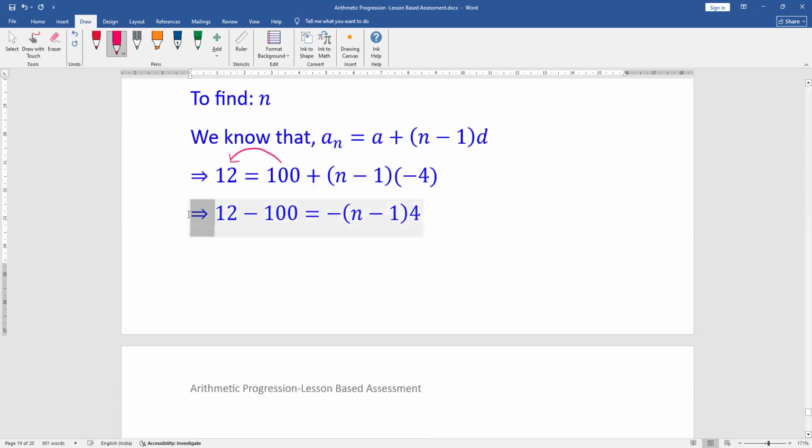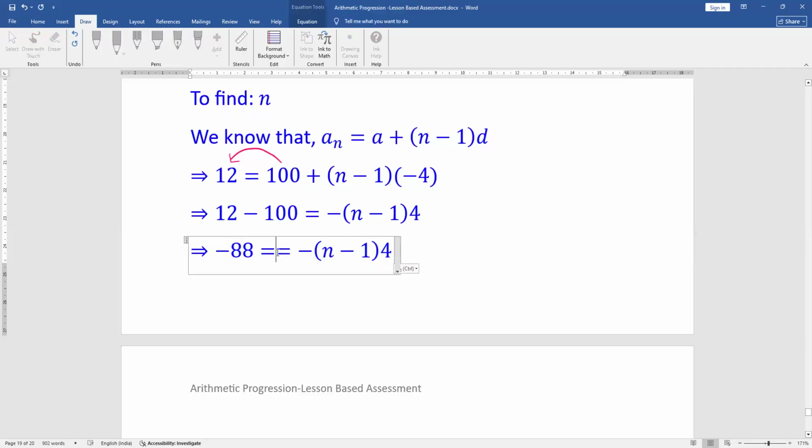Then in my next step, 12 minus 100. What is 12 minus 100? 12 minus 100 will be minus 88. So minus 88 equals, I'll just write this as it is. Now I'm going to cancel the minus sign. Minus and minus cancel out there. 4 ones are 4,